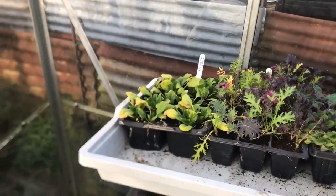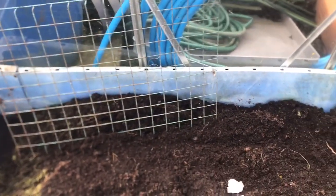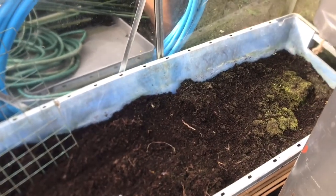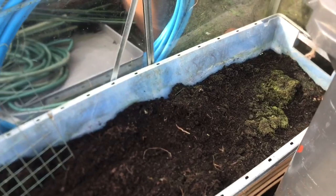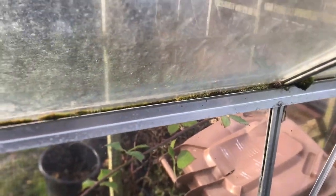We're now in the greenhouse. There isn't much growing in the greenhouse. This bed that I had the tomatoes in last year is empty. My plan is to give the greenhouse a clean. As you can probably see, the glass is very green and there's quite a bit of moss. So in the next month I will give the greenhouse a very thorough clean,